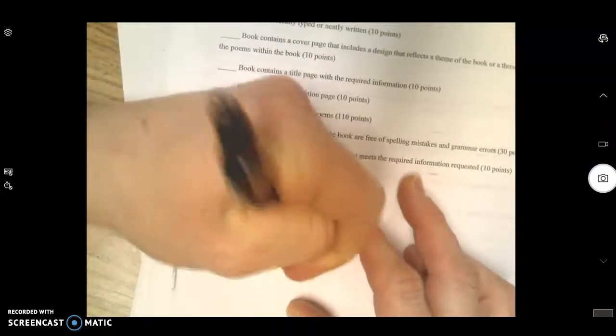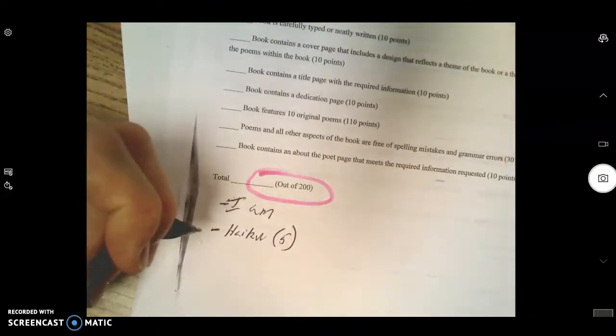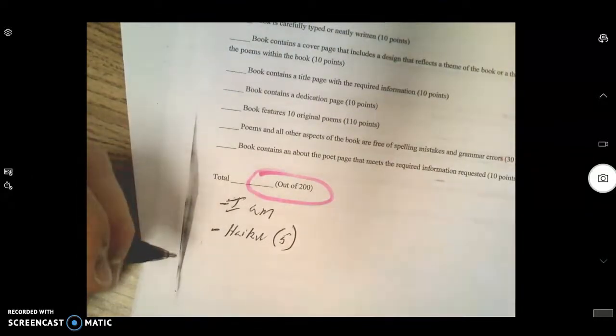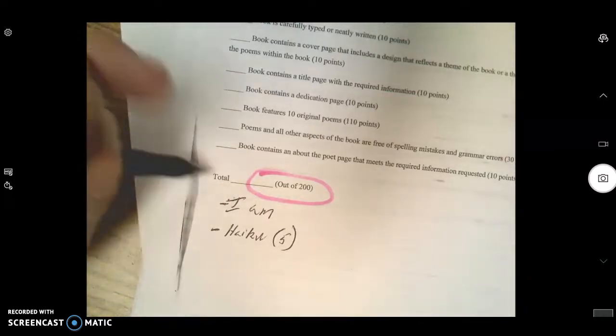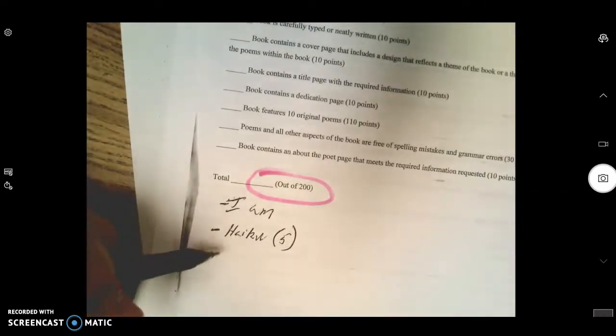Make sure you wrote 5 of those. Those 5 haiku will make up one of your entries, okay? So when you get done writing your haikus, you will have an I am poem complete for your poetry booklet. You'll also have 5 haiku poems complete, which will equal 1 entry in your poetry booklet. Hot dog, hot diggity dog. Look at that. And if you got questions, send me an email.